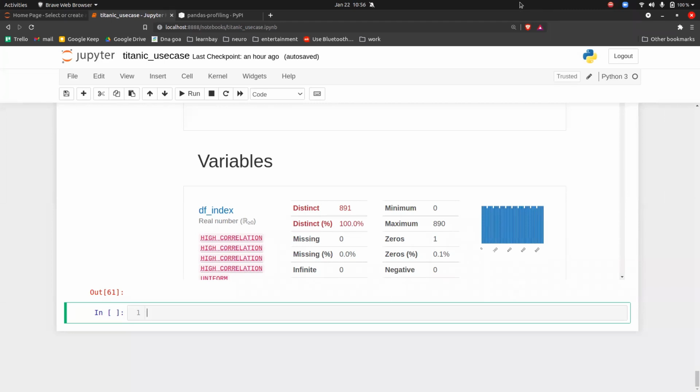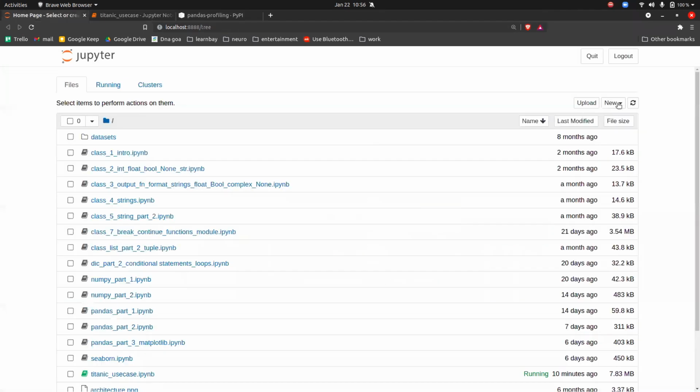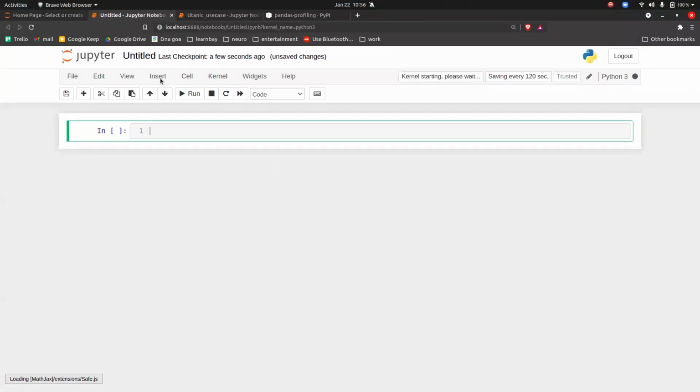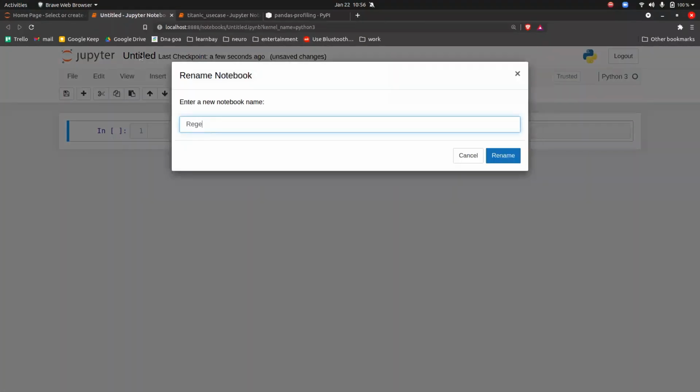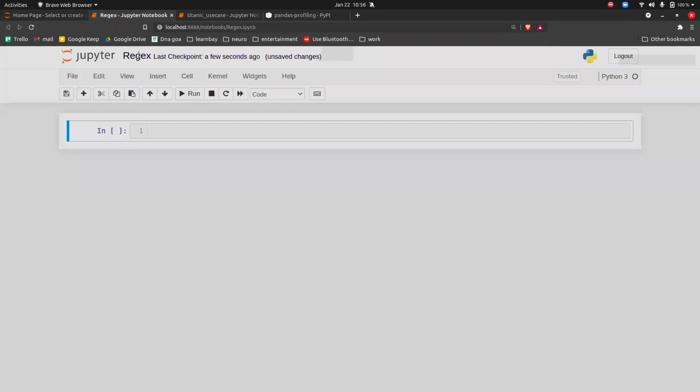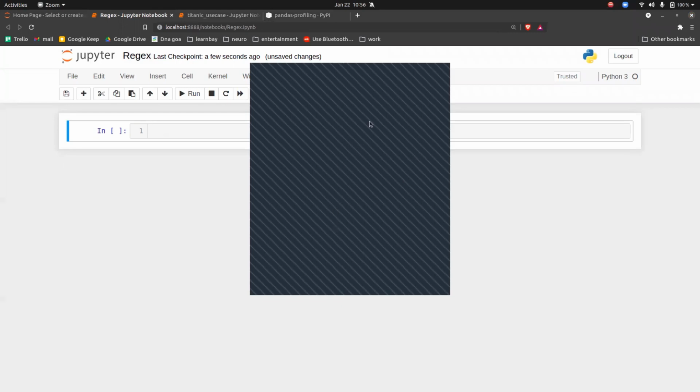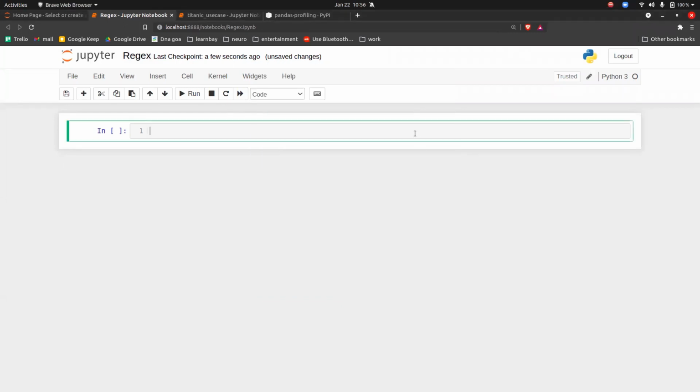The topics that we're going to see will be regex and try and exception handling. These two topics, which I think are very important in the life of a data scientist, as well as in the life of a software developer. So what I will do is click here, New. The first thing that we have to learn will be regex, that is regular expression. If anyone is leaving, just let me know.